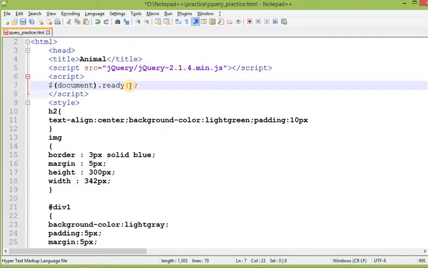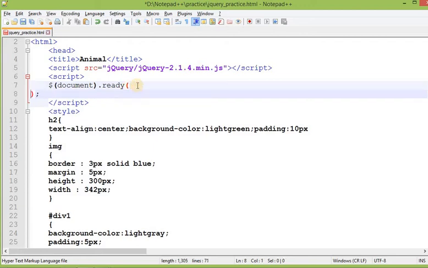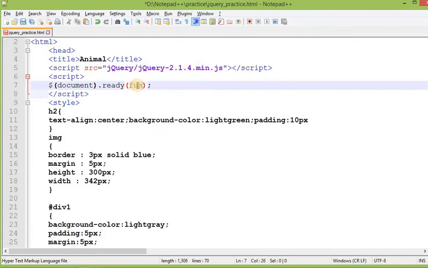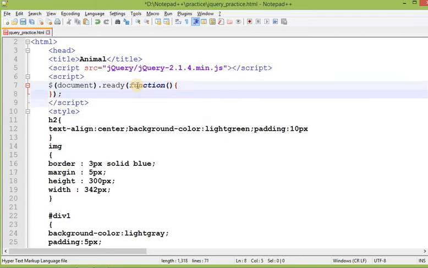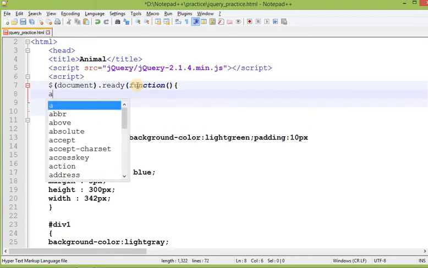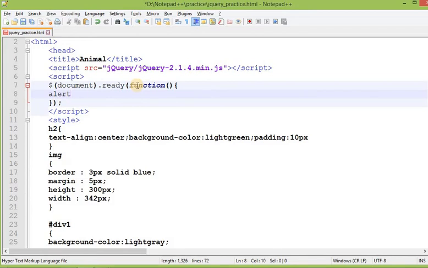Now inside this function we will call another function, and in this function I have just put one simple alert: hi from jQuery.